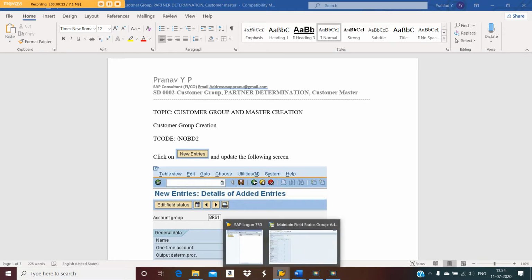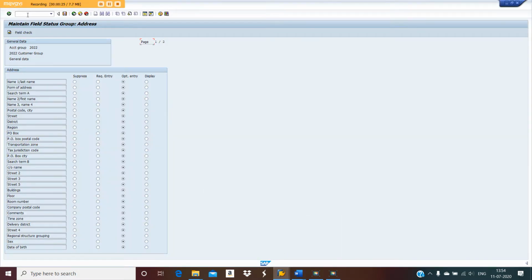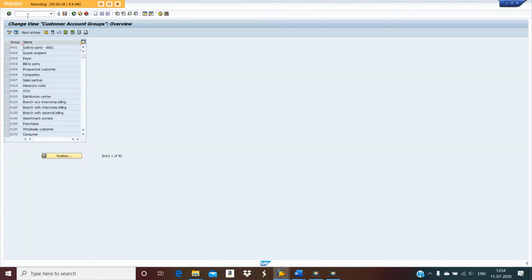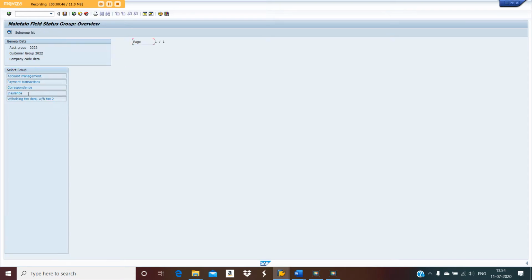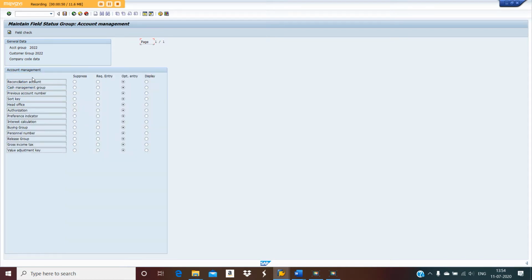OBD2, click on new entries. 2022. You can give any name, you can give customer group 2022. Then click on company code data, then click on account management.